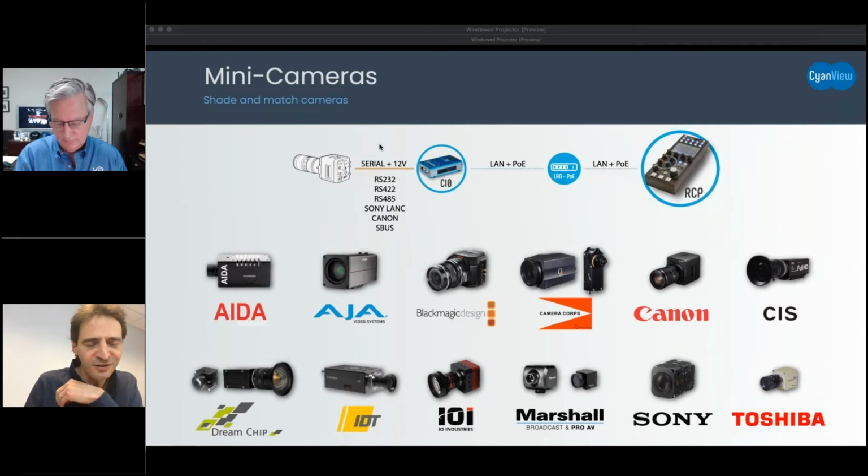It doesn't know that it's gain or something. It just receives a packet over IP and puts that on the right electrical interface for the camera. So it's been designed to support all the protocols that are used in broadcast. That's what makes it very